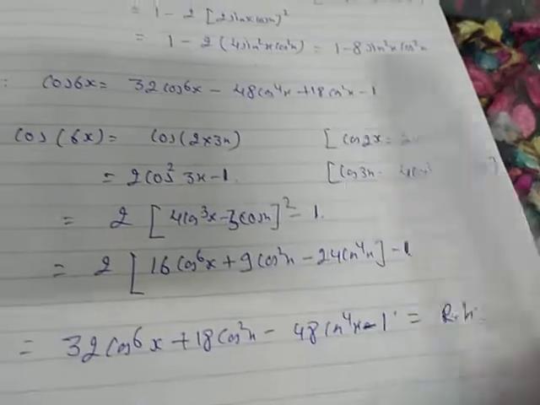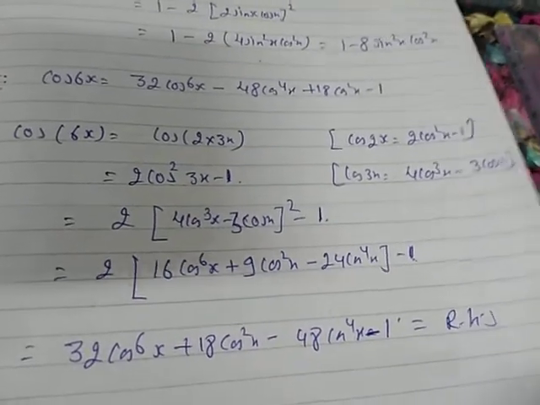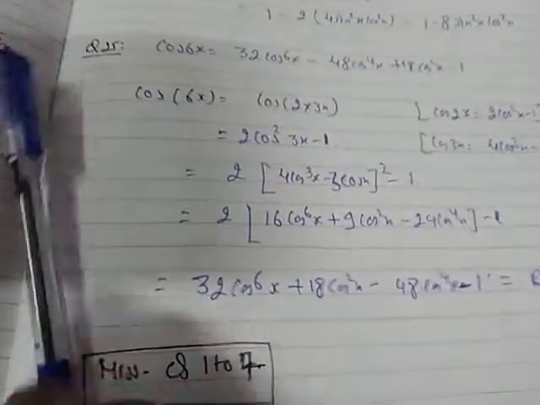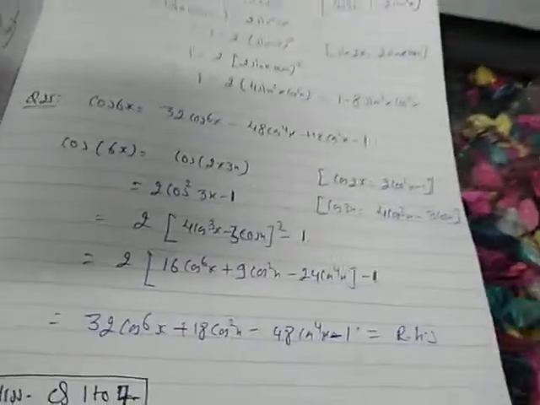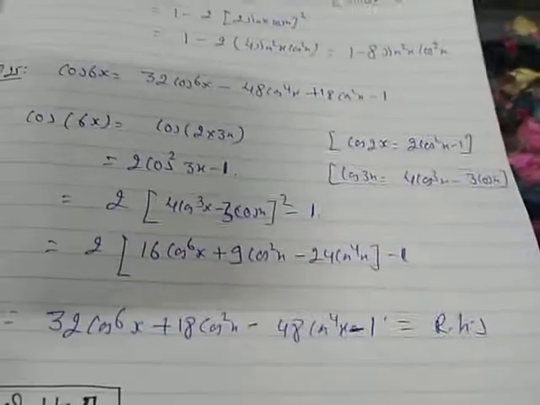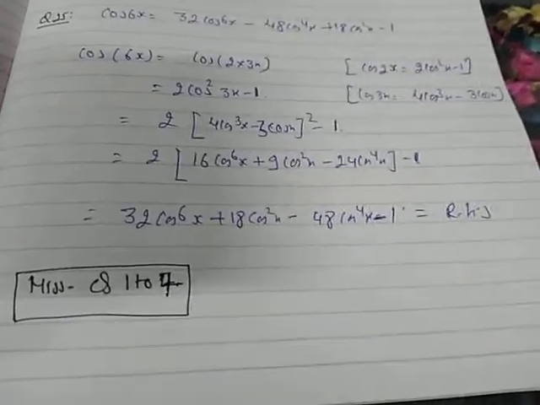This way children, exercise 3.3 questions 1 to 10 are completed, and then questions 22 to 25 have all been explained here. Based on this concept children, in the miscellaneous exercise questions 1 to 7 are there, and try these questions, and if you are facing any doubt then ask that doubt.